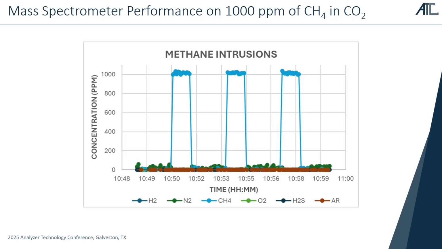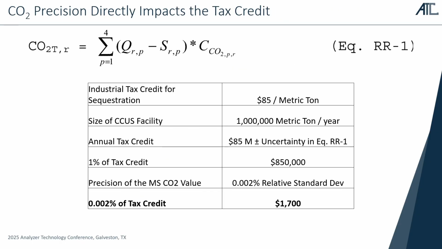And so as I mentioned, the quality of your impurity measurement directly translates into the quality of the CO2 number. And that's what determines the impact on the tax credit. So here you can see, if we look at that equation, RR1 that we had before, where we're calculating the CO2 that's captured, if you take the repeatability of the CO2 measurement, which is plus minus 20 ppm, and you calculate the financial impact that'll have on the tax credit, you can actually drive that uncertainty all the way down